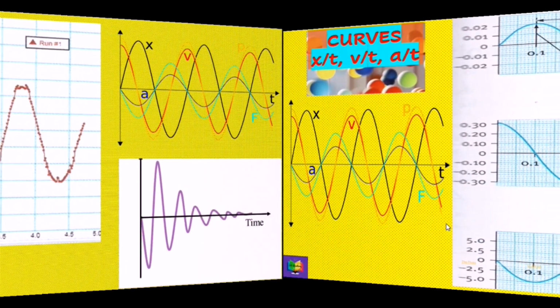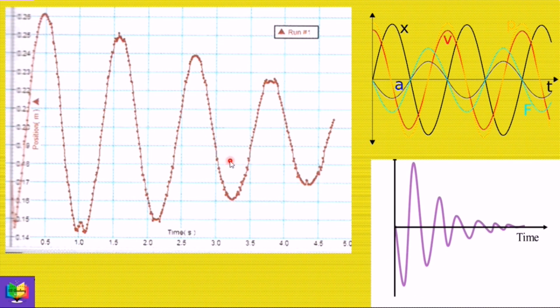On the next page, we will see the difference between the displacement time graph in case of an ideal situation and in case of real life. As I have shared earlier, the amplitude of oscillation does not decrease with time in case of an ideal situation, whereas if there are damped oscillations present, then what happens? The amplitude of oscillation decreases exponentially with time, and the oscillator comes to rest ultimately, as seen here. This happens because of friction.